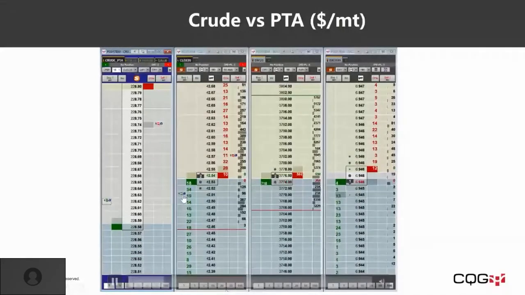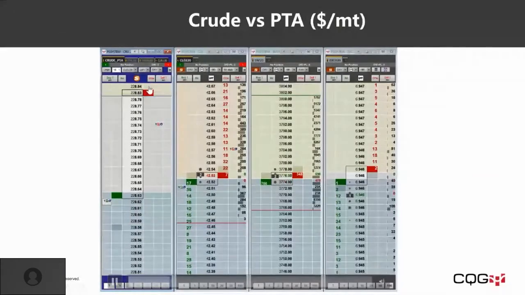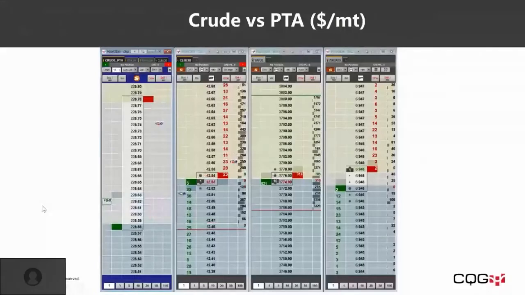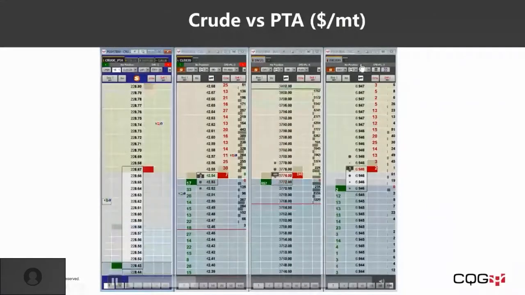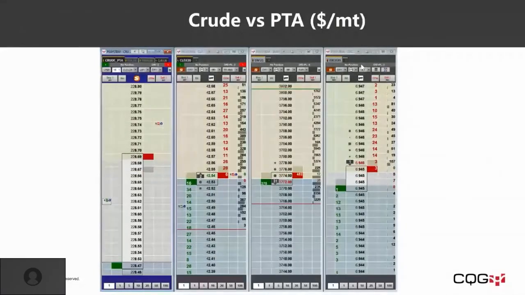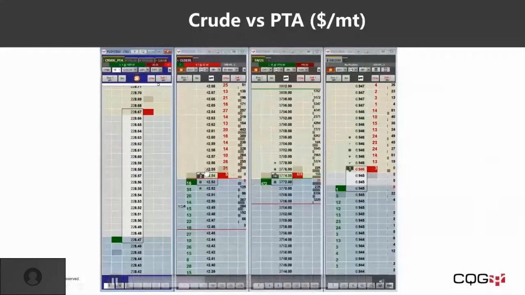So right now I can see the best bid and offer of that spread over here, and I'm trying to move my orders a little bit closer to the market just so that I can see what would happen. Because I am not hedging on the ZUC, which is the FX rate, when I get filled, I'll only see the crude and the PTA positions, and I should see zero position on the ZUC side. If I was to actually hedge through ZUC, so as you can see now, I got filled.